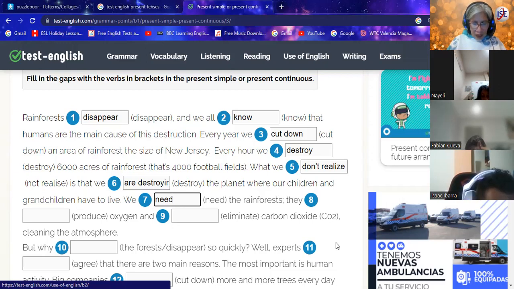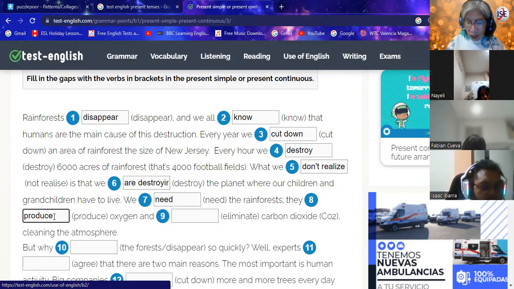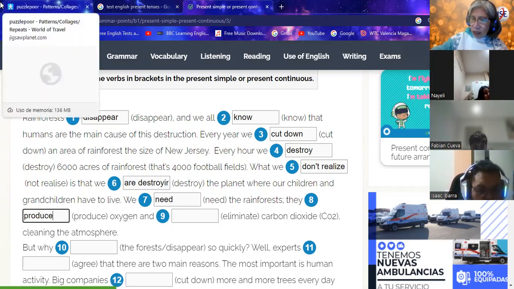Vamos a ver. Estoy viendo aquí el aviso del corte de electricidad. Apparently, all Quito is going to be without electricity. Okay, all the city, because I live in Quito, is going to be without electricity tomorrow during the morning. That's gonna be crazy.